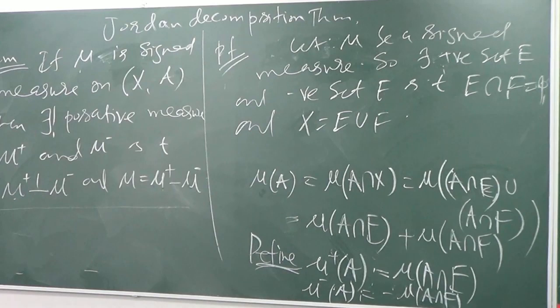So now what can we say? A intersection F prime is same as A intersection F, and mu minus of A intersection F, isn't it? So if the symmetric difference